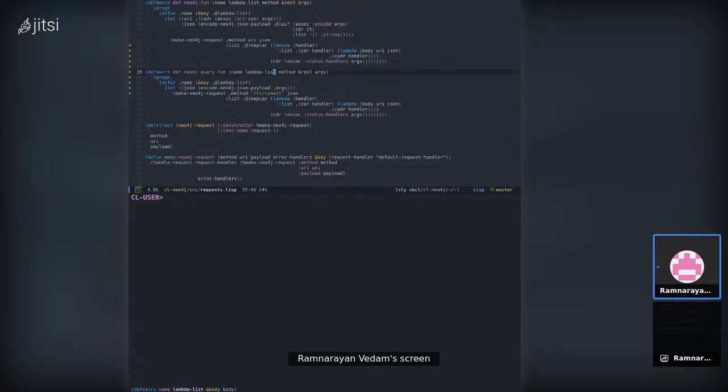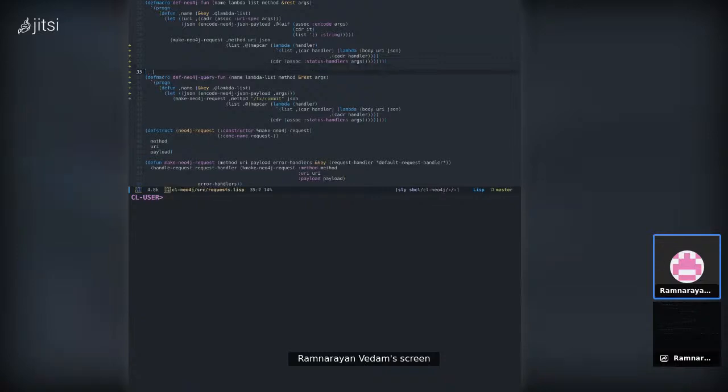Since we know that the construction is going to be something of the form create some node name, node type, followed by node properties,